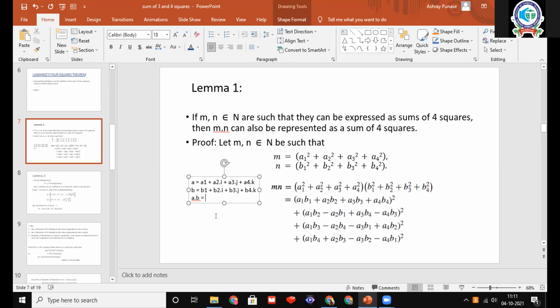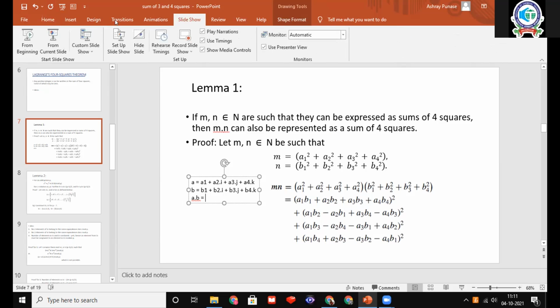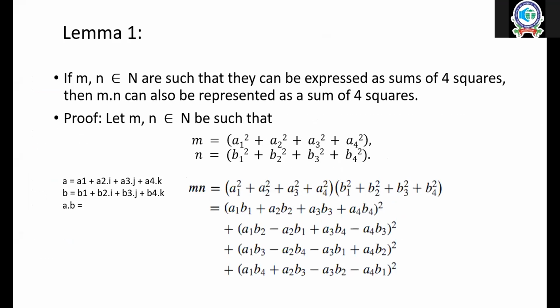But mod A equals the square root of A1 square plus A2 square plus A3 square plus A4 square, like that. So a similar approach. Now that is easy. Is it clear? Yes. So that is the way we can get it. So there, quaternions play a role. And one more thing I want to tell you here.